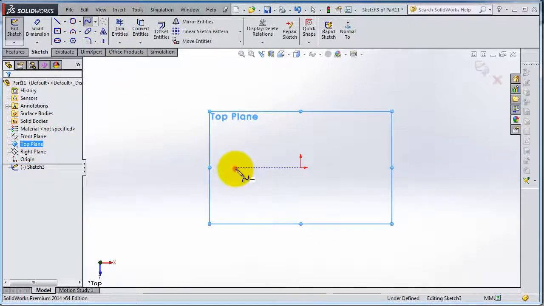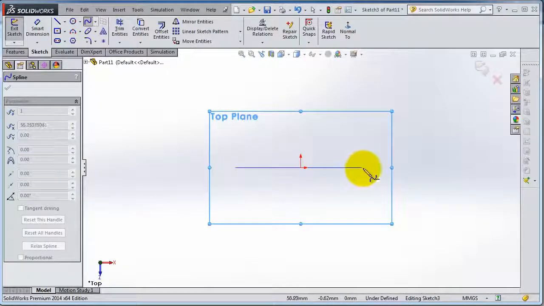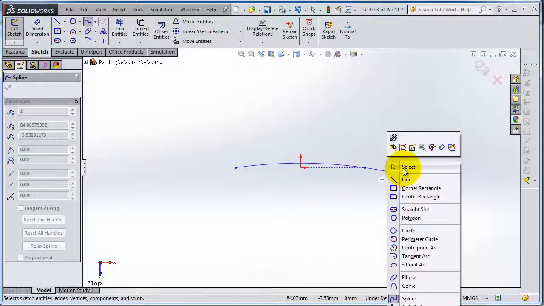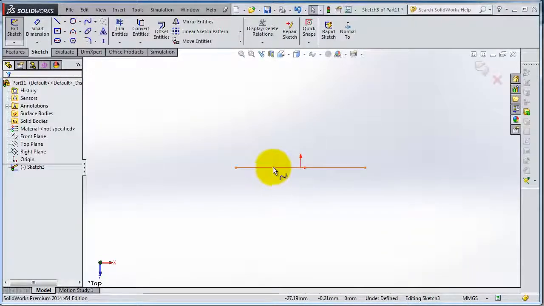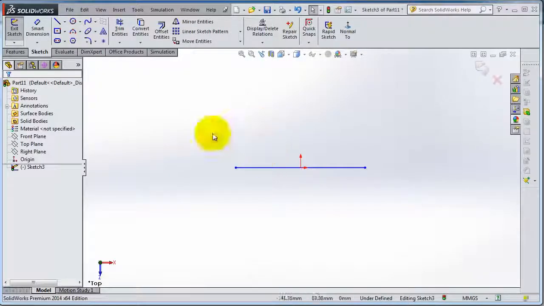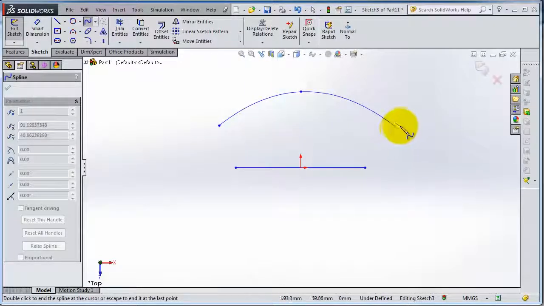Now if you create a spline with 2 points only, and then we are done, right click, select or escape, you'll notice it is a straight line, but still you are able to control it and change its shape. So let's draw another spline with 3 points: 1 point, 2 point, third,